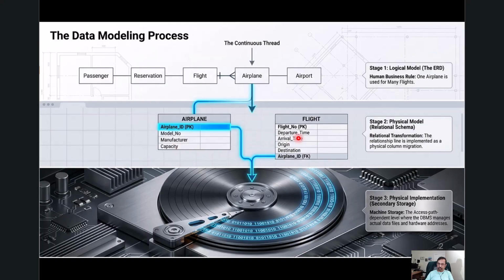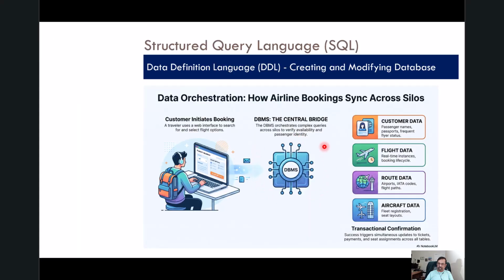So we have the blueprint. The first step is to get this software agent, the database management system, to create that structure. And the second type of operation that it does is manipulate the data once it's created. In order to do both of these activities, that is, create the database and then operate on it,